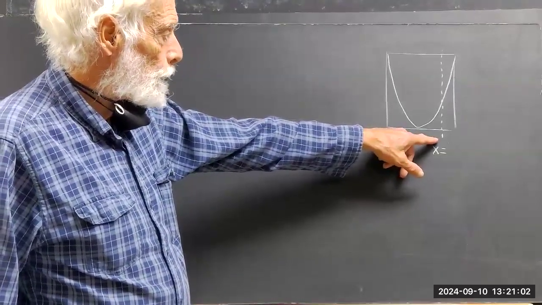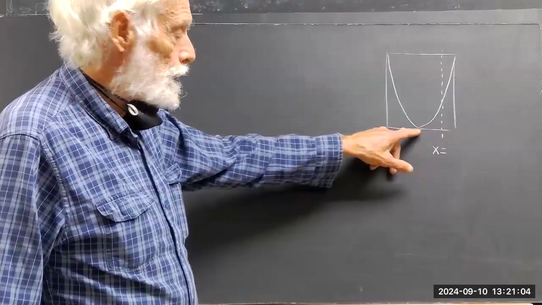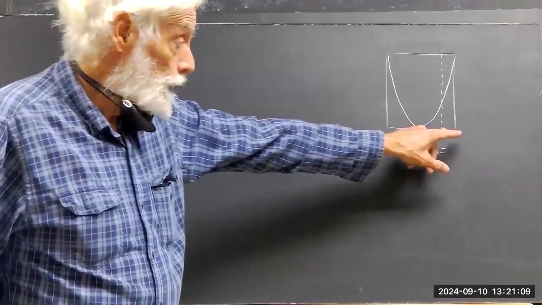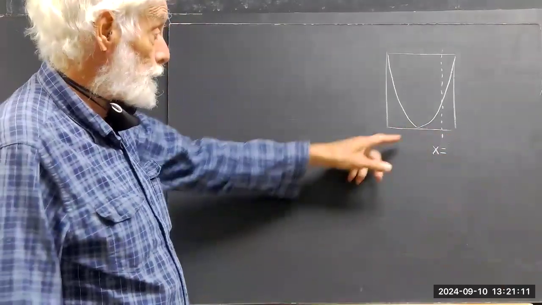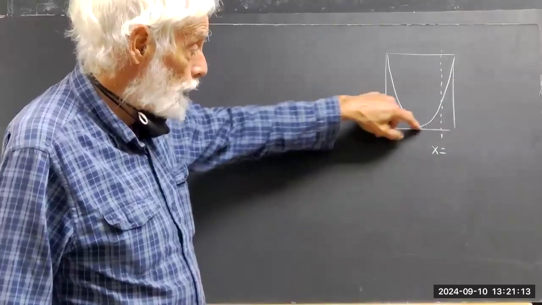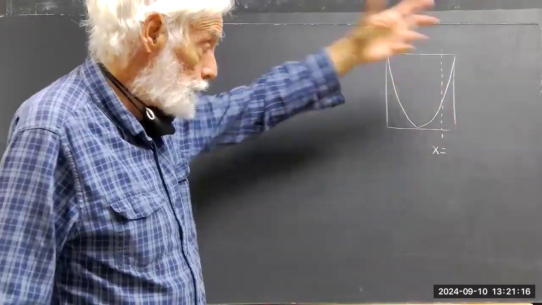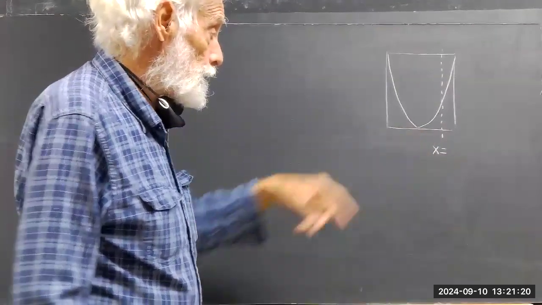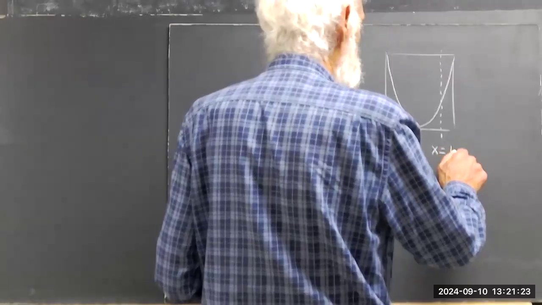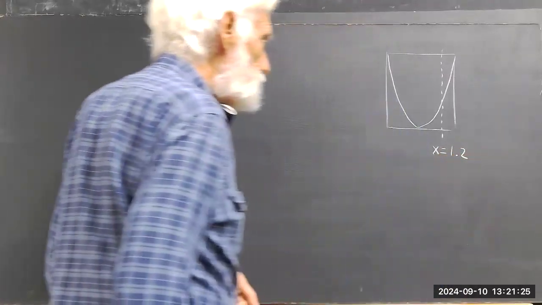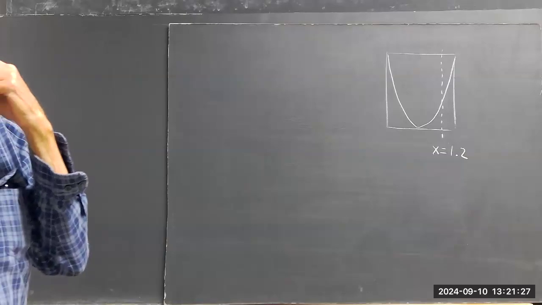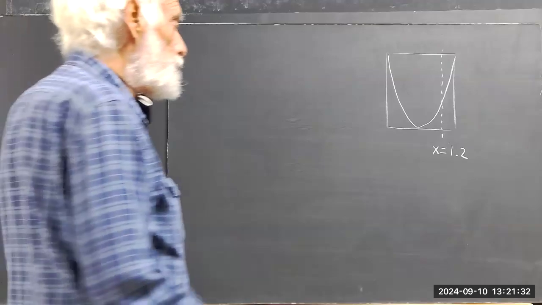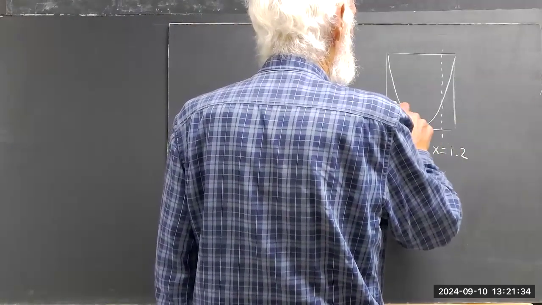X equals what here? Well, it's a little closer to the right edge than it is to the center. The right edge is at X equals 2, and 0, 0 is here, so the full width is 4 units. This is 2 units, and this is 2. You just need to know that. It's a little closer to this edge than this one, so let's just say that X equals 1.2. Then you would estimate